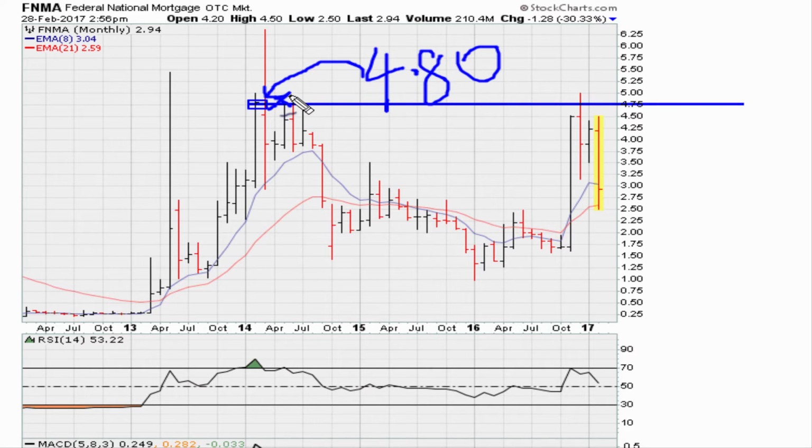Here was multiple attempts to break out above 4.80, and we can see here at the highs of the last couple of months, it tried to close above that price on a monthly closing basis and failed. Once we saw that failed monthly breakout, of course, we had to assume that the next meaningful direction was down, and that's exactly what we are getting over the last couple of weeks,